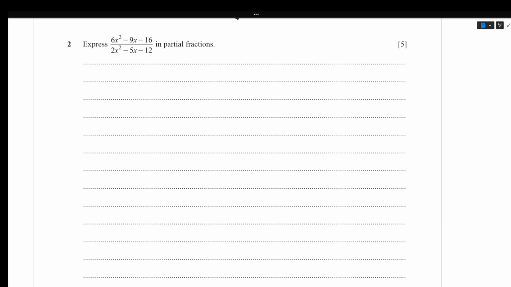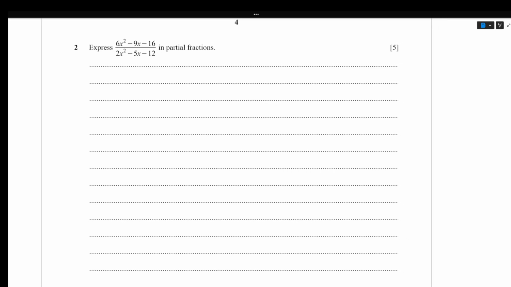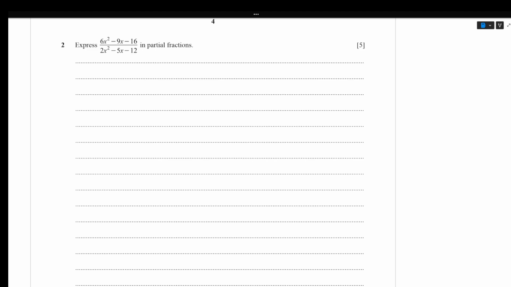Express this expression in partial fractions. So the first thing we can do is resolve the denominator. 2x squared minus 5x minus 12 can be written as 2x squared minus 8x minus 3x minus 12 is equal